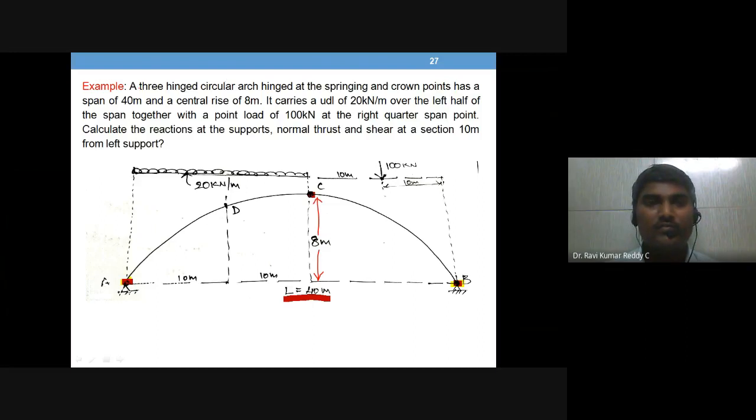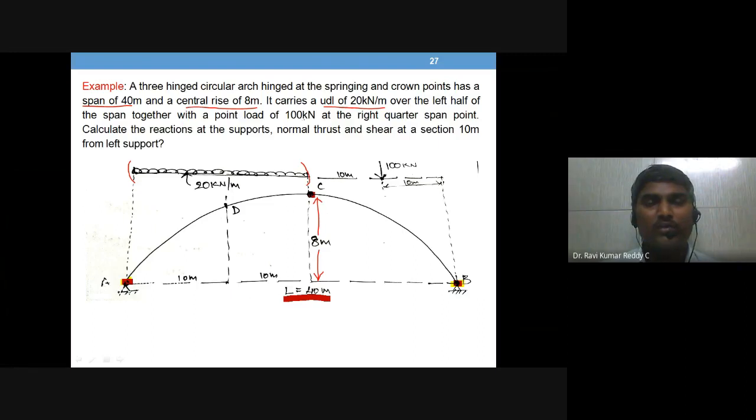So it initially says that it is a three-hinged circular arch. So your geometry is fixed. It is circular geometry, and it is a three-hinged arch, which means it is a determinate arch. And now coming to the properties, span is given 40 meters and central rise is given 8 meters. Then coming to the loads, UDL of 20 kilonewton per meter over the left half of the span, that means this portion where the load is applied,